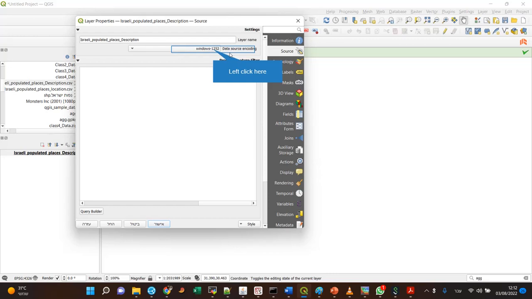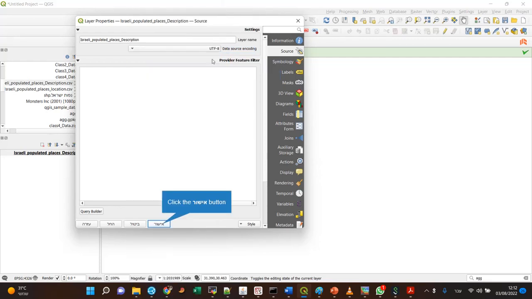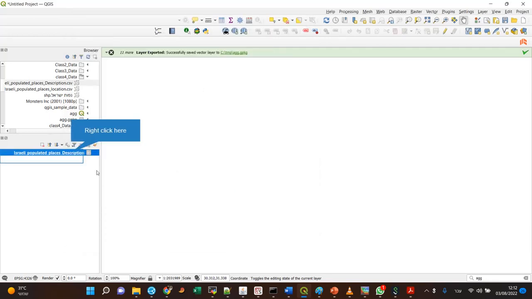Now, usually there are two ways to work. There is UTF-8, which is how Mac usually works, and there is another way to work where characters are interpreted by language, and language is defined by the operating system. So here the computer expects this kind of encoding, Windows 1252. If it's not working, most probably if I change it to UTF-8, so I changed it,